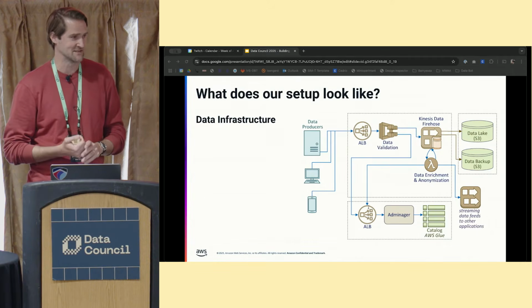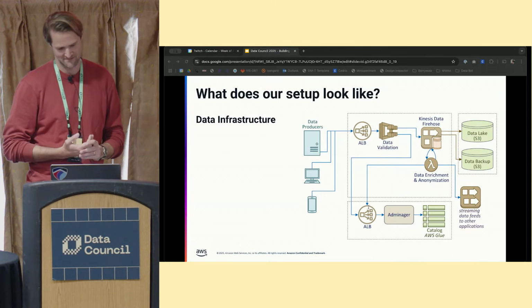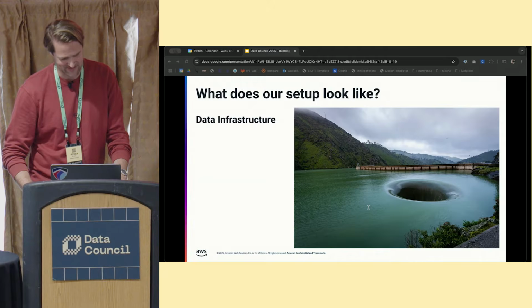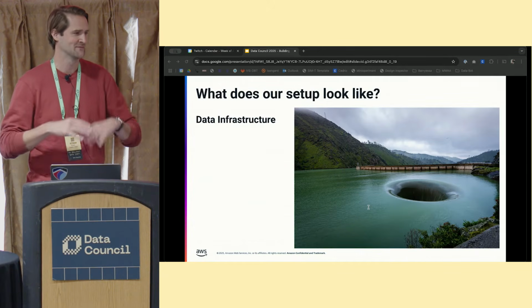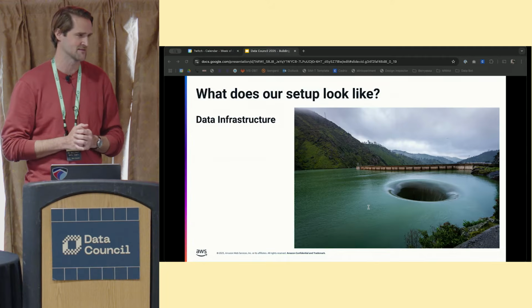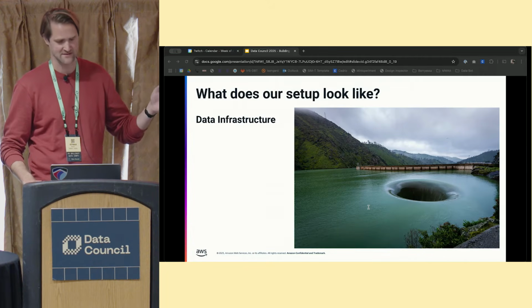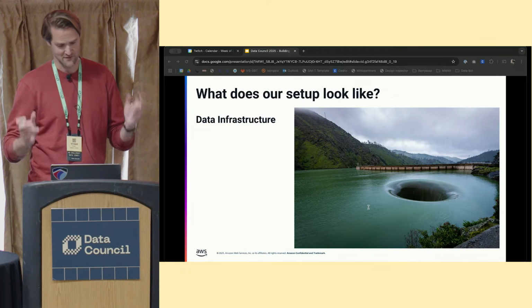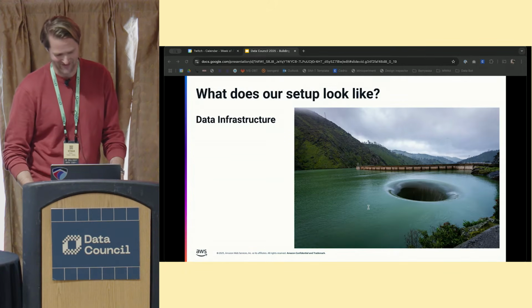Best of all, it's internal to us, so we get a really good deal on it. We call it Berryessa, so if I use that term from here on, that's what I mean, our data lake. And this is a picture of Berryessa, the lake in the South Bay, that has a very famous glory hole in the middle of the lake.